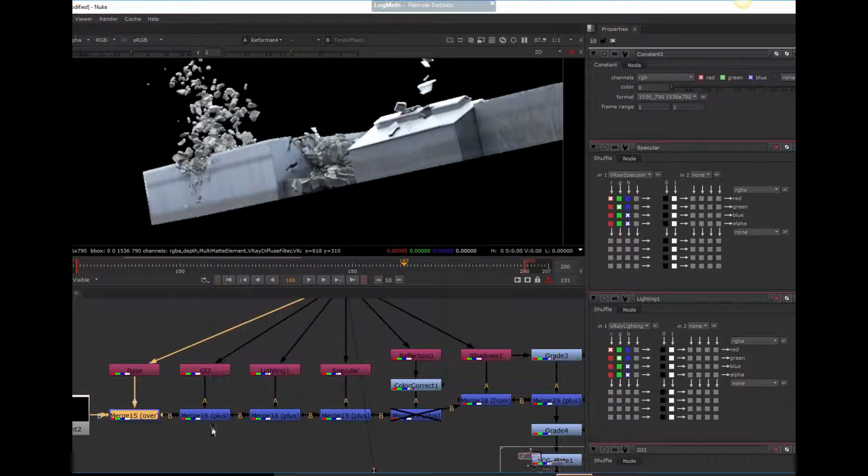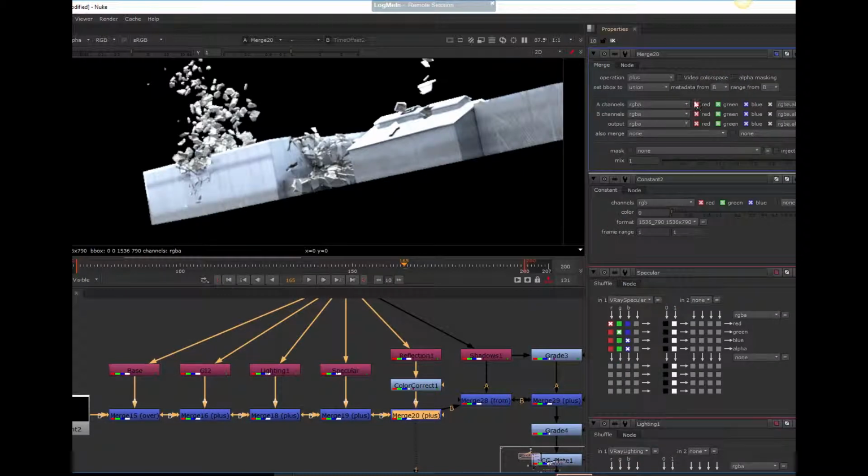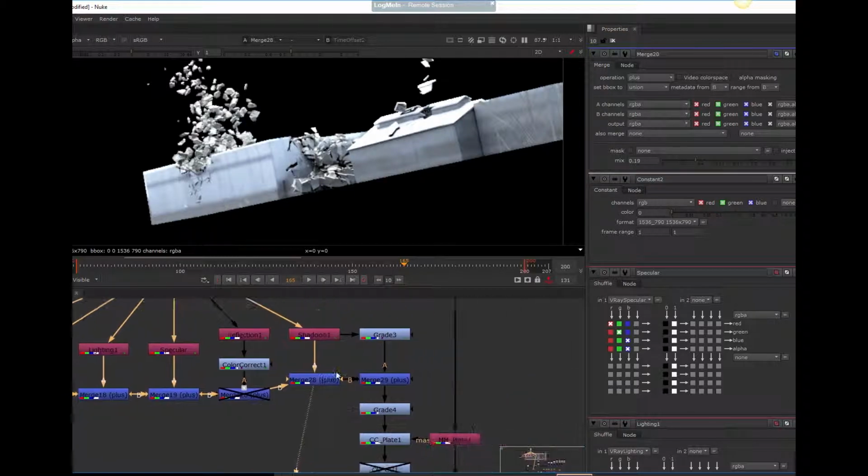and then from there I have a bunch of shuffles, and these shuffles are bringing in the diffuse layer, the GI, you know, all the V-Ray lighting, spec. We'll go through all the layers. I have a constant set up for the same resolution, and that's just so that way it has something for these to blend over. And as you can see, I do an over, and then I plus the rest of these. I don't have my reflection on right now,